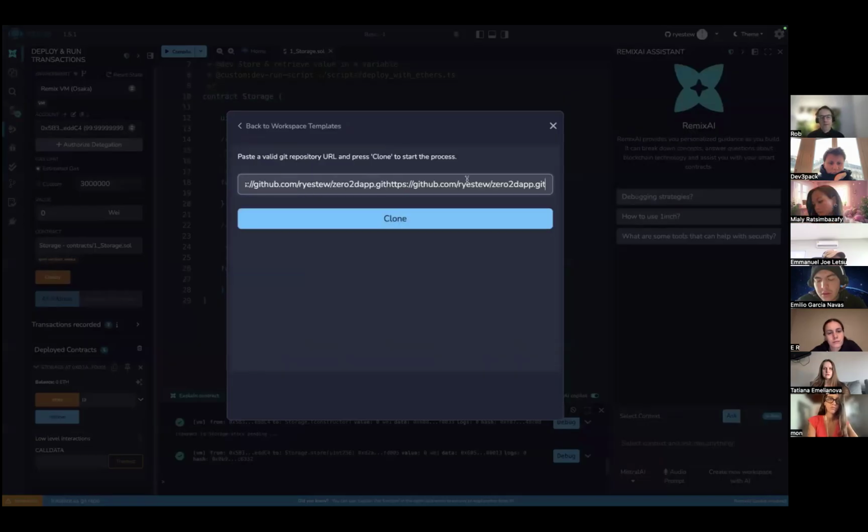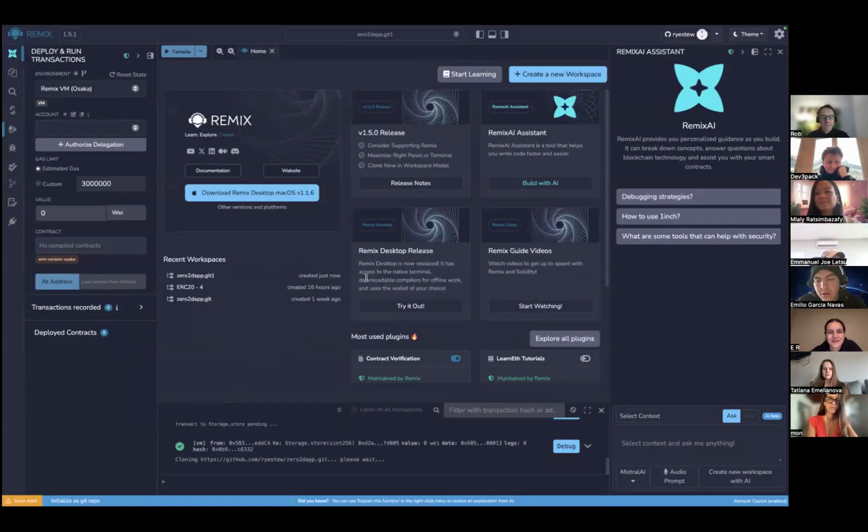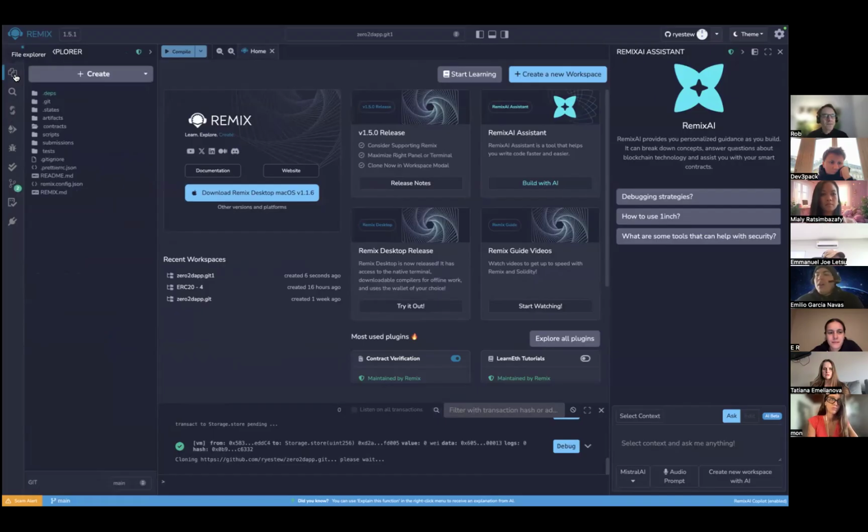Whoops, I think I hit that twice. Okay, so we'll clone it, and then we're in deploy and run, so it looks like nothing happened. But when we go to the File Explorer,